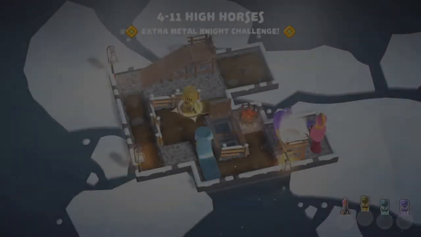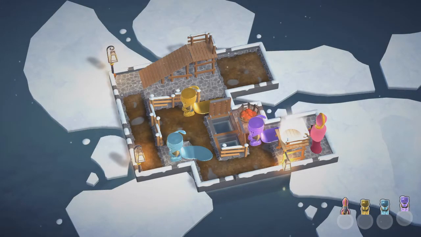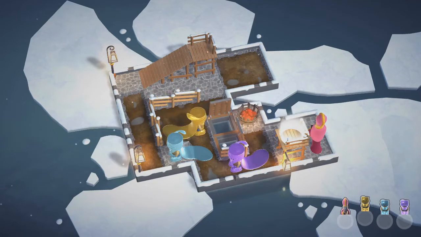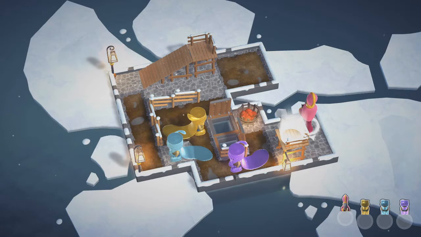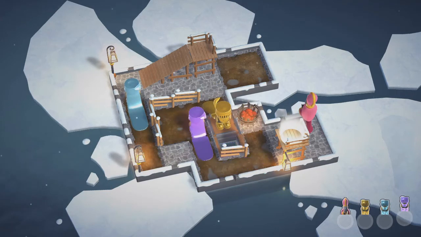High horses. Extra Metal Knight Challenge. Blue has a 1 long cape. Purple has a 1 long cape. Gold has a 1 long cape. And we have a nobleman. The exit is up high. There are 2 drawbridges. One here. Are these the only 2 drawbridges? I believe they are. And one here. And in order to get the nobleman anywhere with me and my 3 capes...